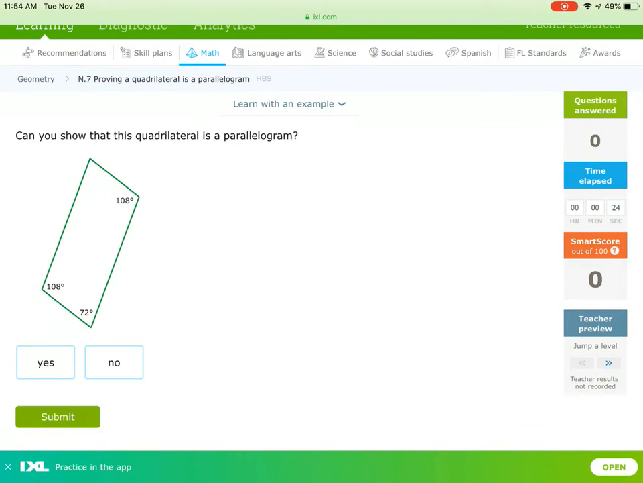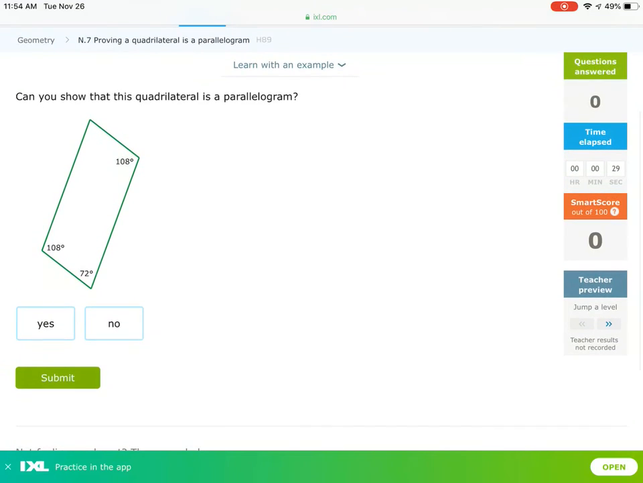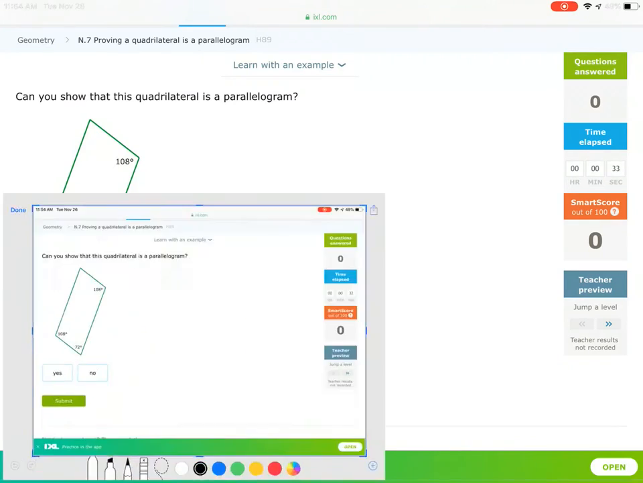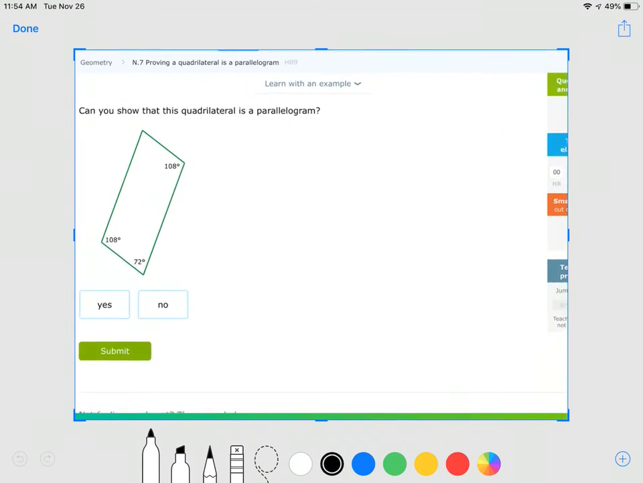I thought this would be way easier. I have to take a picture of this one. So let's not turn the iPad off again. Okay, so we got